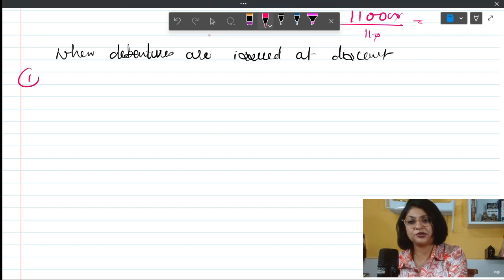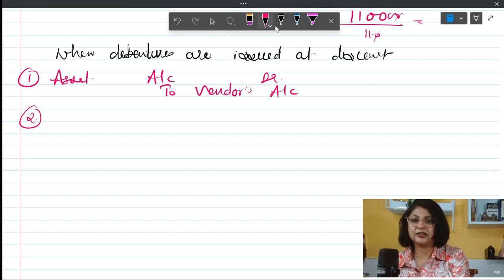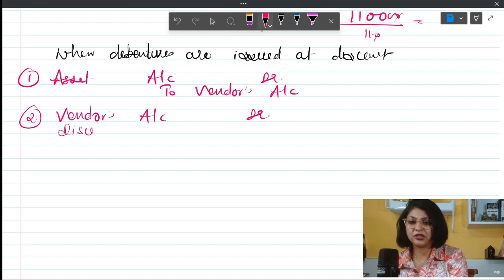First entry is going to be the same, asset account debit to vendor's account. And the second entry here is going to be important. It is vendor's account debit, discount on issue of debenture account debit,